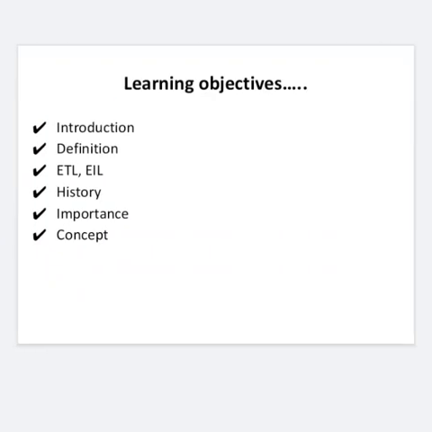First, we must know what we are going to learn step by step, that is, the learning objectives. First, let's see what IPM is all about, that is introduction, then definition, then pest population level, that is ETL and EIL, then history, how it evolved, then why to go for IPM, its importance, benefits, and at last, concept.